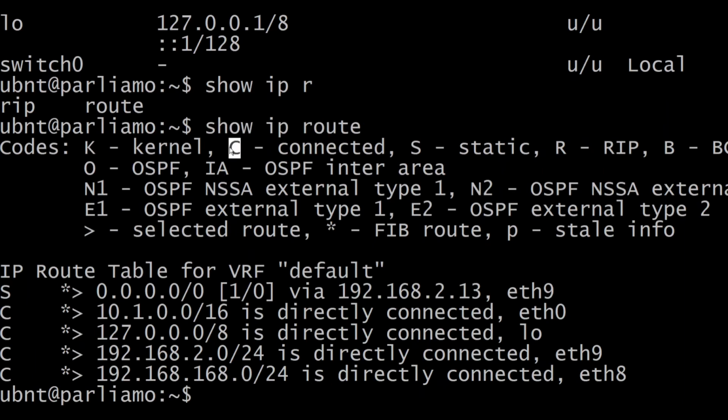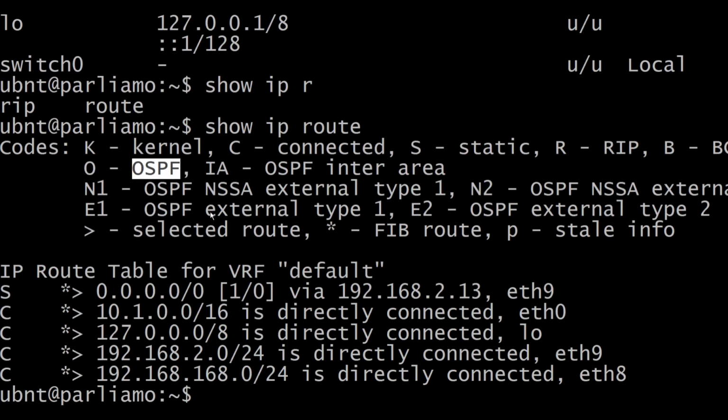So the important ones for us are things that are directly connected, things that are statically routed, and then in principle, even though you won't see it in this particular setup, entries that are on this router because of the RIP protocol, things that are on this router because of the BGP protocol, and then quite a couple of variations of OSPF that may be on this router.